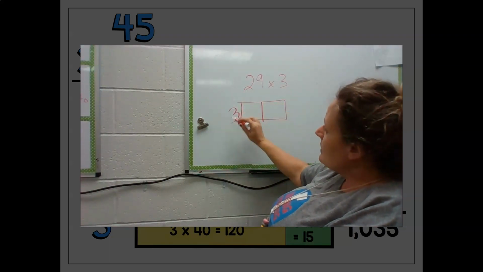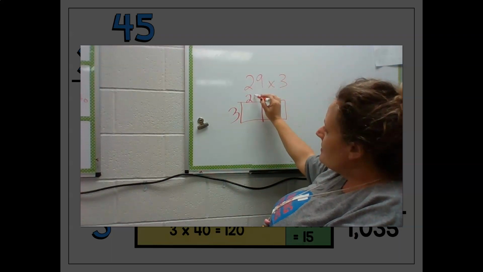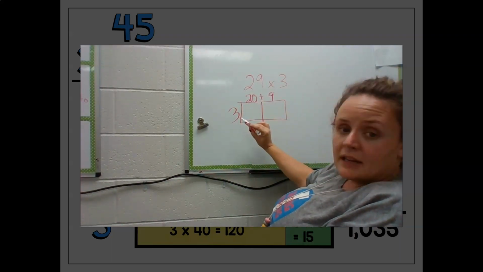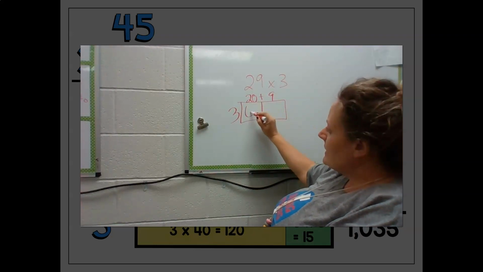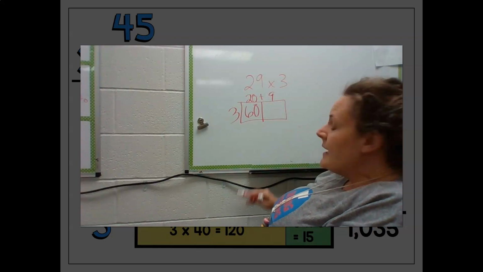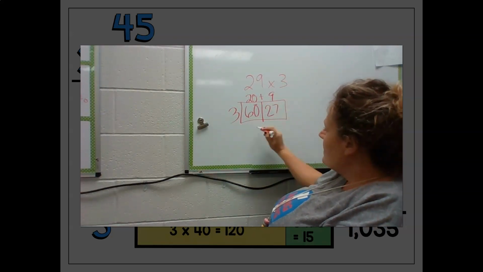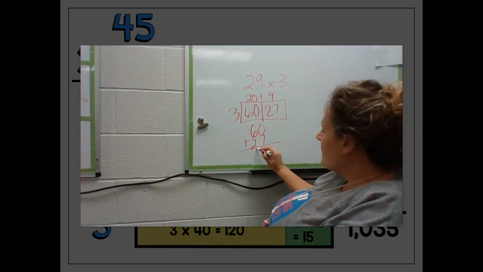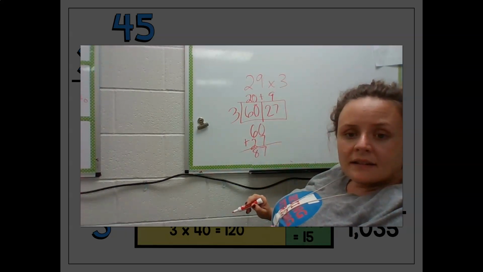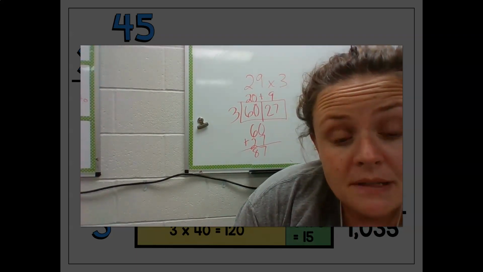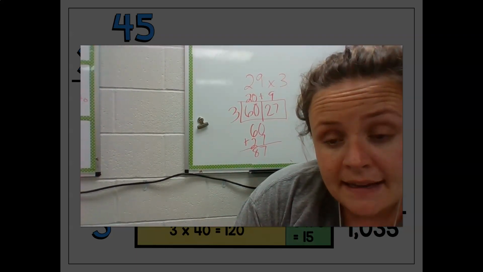I'll put my 3 here, and I'll split my 29 up into 20 plus 9. So 20 times 3: 2 times 3 is 6, tack on a 0, 3 20s is 60. And 9 times 3 is 27. So I add 60 plus 27, 87. So you can do the area model with any multiple